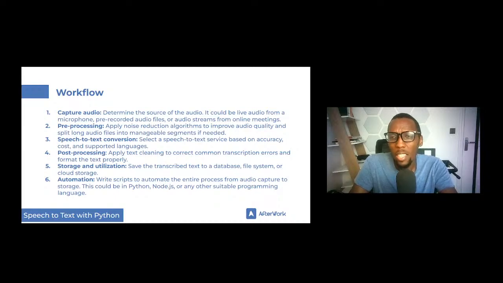These are just evaluation criteria that you might have. If you have a speech to text service, you need to understand how accurate it would be. So that's one of the criteria. Another criteria would be cost, as well as supported languages, because sometimes you may not have a speech to text service that is able to transcribe